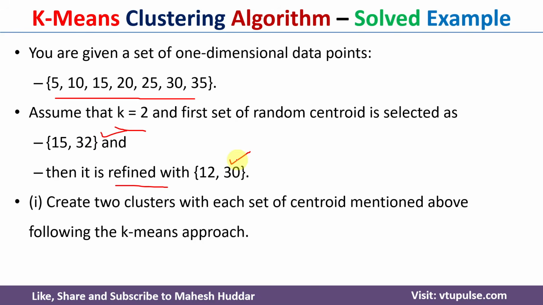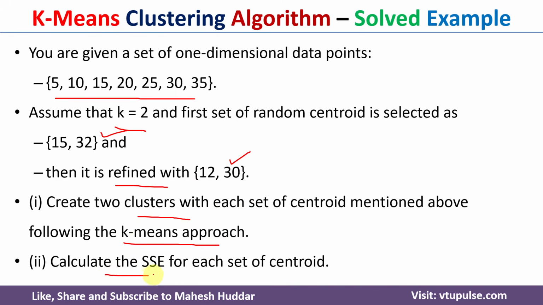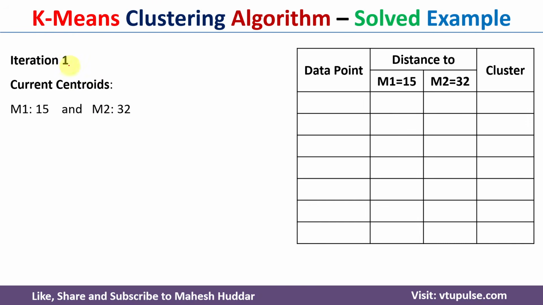Our task has two parts. First, we need to create the clusters for both the sets by using the k-means approach. After that, we need to calculate the SSE for each set of centroids. In the first iteration, we will use the first centroid points, that is M1 is equal to 15 and M2